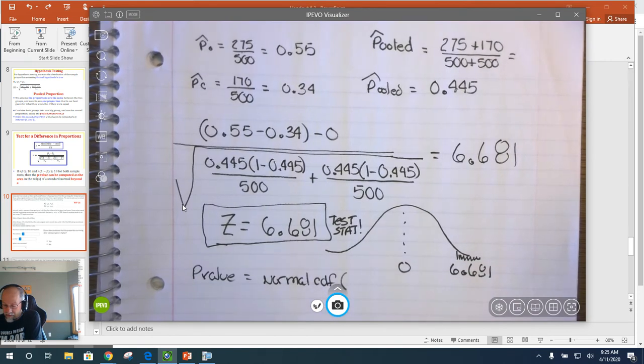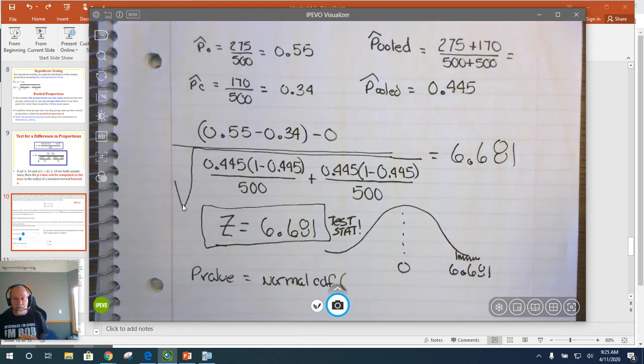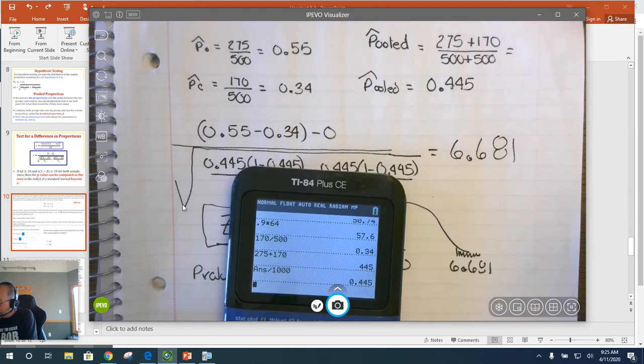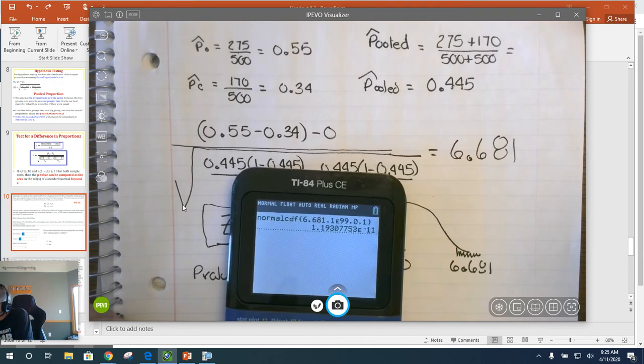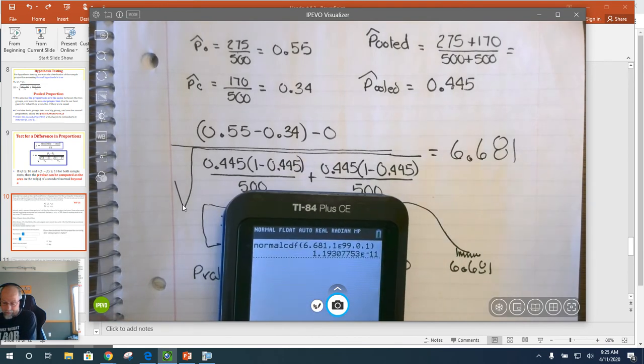In our normal CDF, I'll bring up my calc. We use our normal CDF function number 2. Our lower number is 6.681. Our upper number is 1E99. We're on a 0 and a 1 always because it's a z statistic. And look at that bad boy. I got,